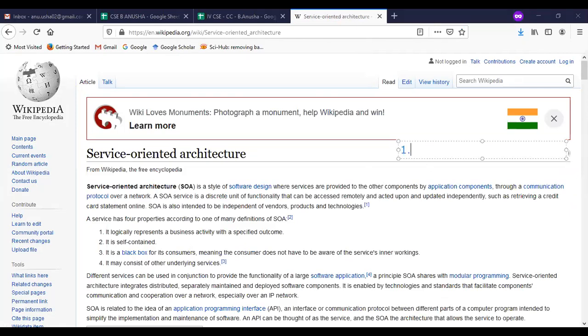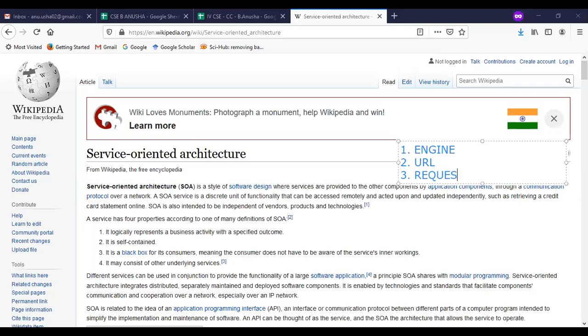To get to the service oriented architecture page on Wikipedia, there are a number of steps to be read. The first step is taking a search engine. After that, I am typing the URL. After typing the URL, I am entering the Google page. In that Google page, I am giving my request or query.